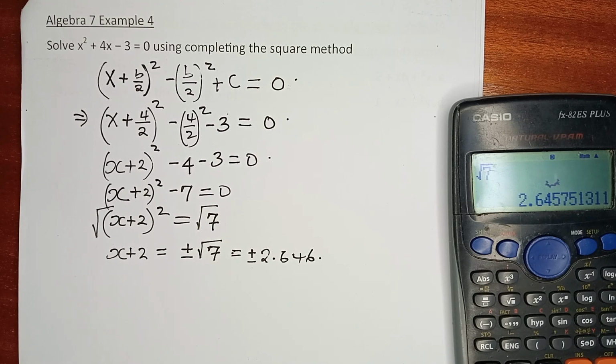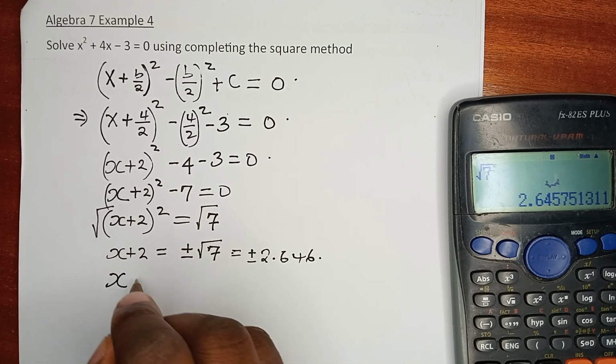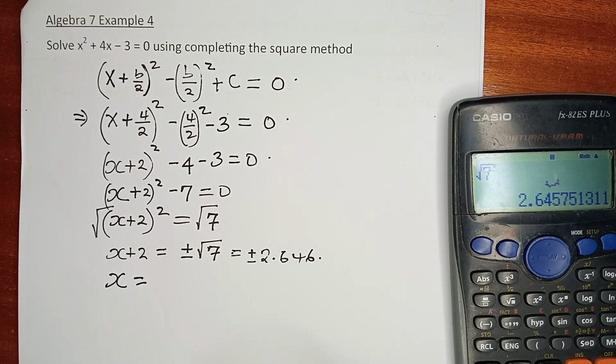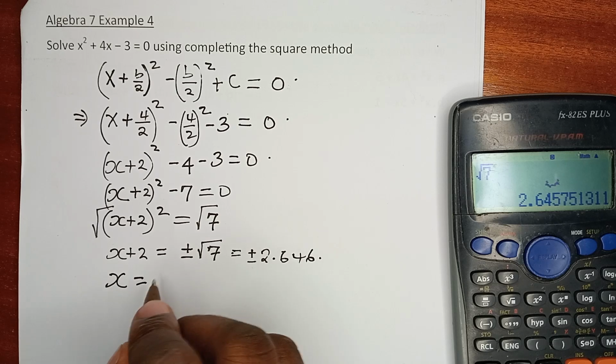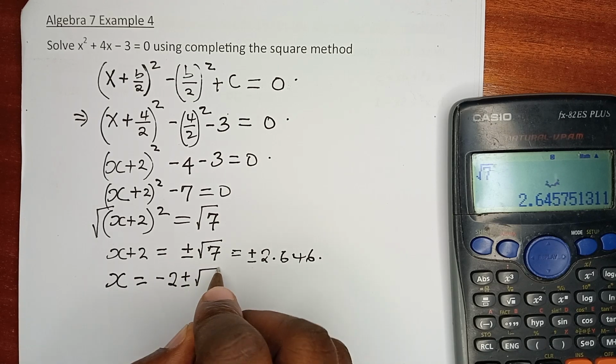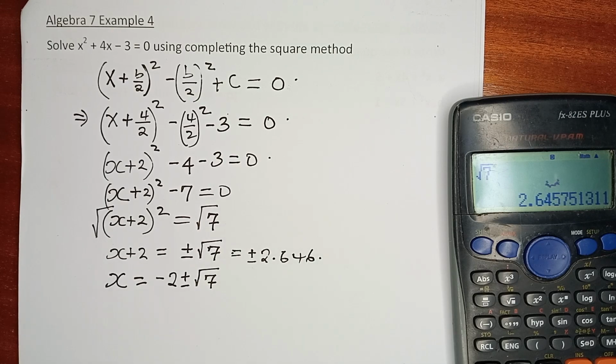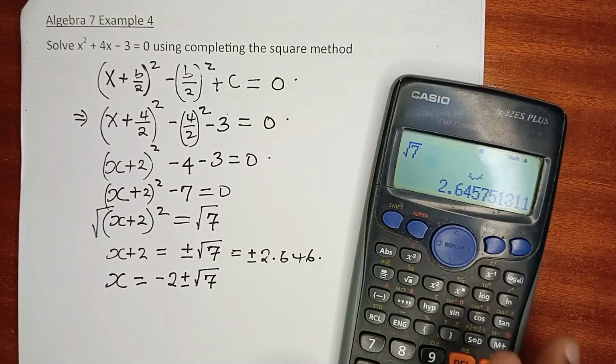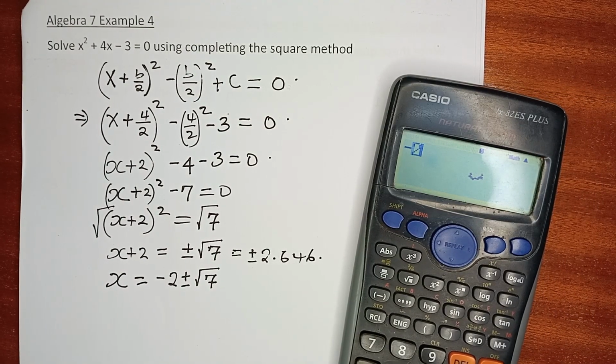But we were looking for x. So x is equal to, now these two have to cross over and become subtracted. So we are going to have -2 plus or minus the root of 7. What does that mean? So minus 2